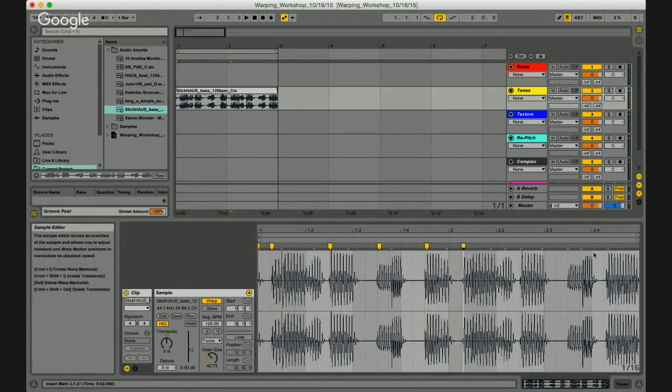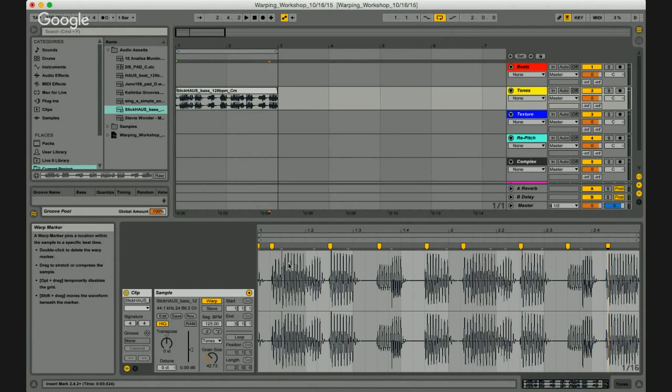And I'm just double clicking on top of each one of these warp markers like that. And so once you've done this, you can move these anywhere around. The one thing is each one of these warp markers acts like an anchor. So when you've placed that warp marker there, that one spot will stay stationary as you warp another spot in